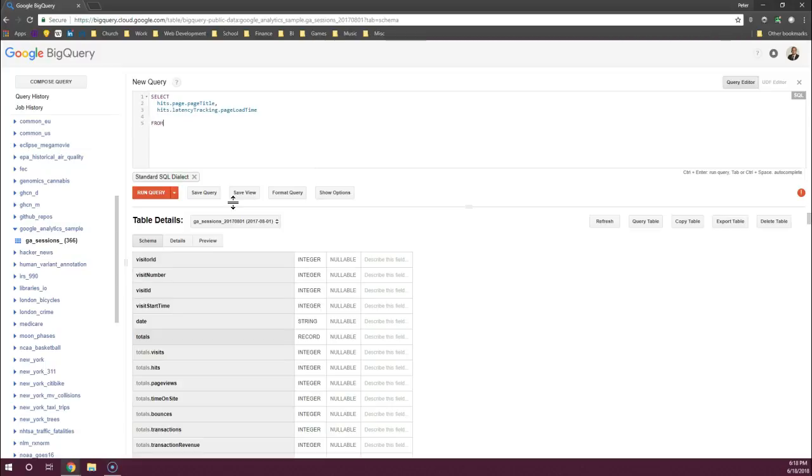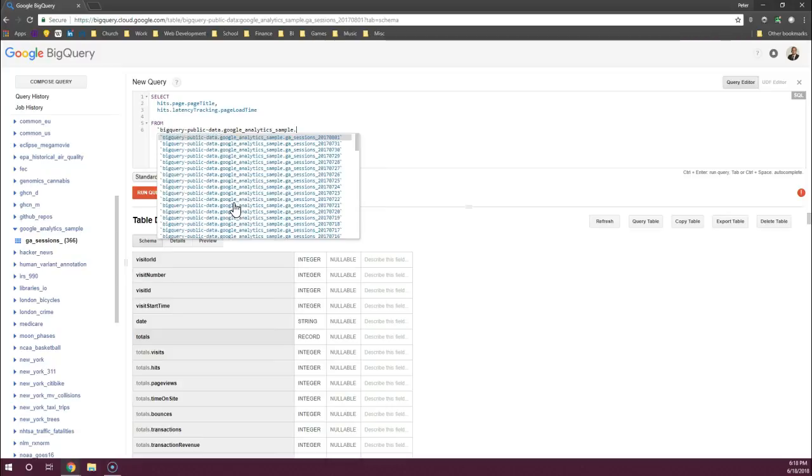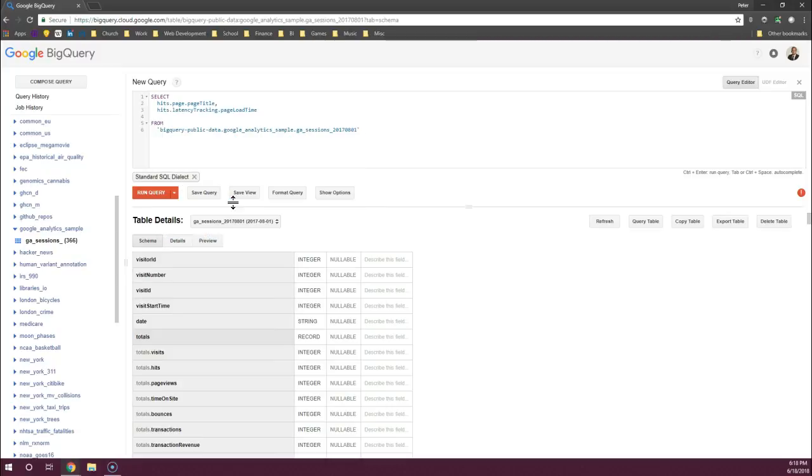We're going to select from where we want it from. We want it from analytics. And we're going to get rid of this date, actually put that wildcard in there again because we want to filter it by date. Okay. And let's hit where